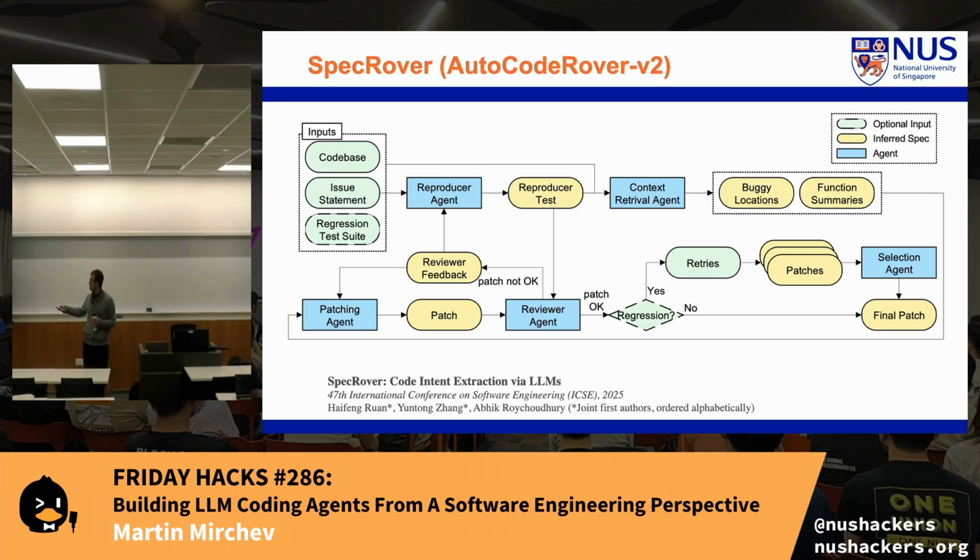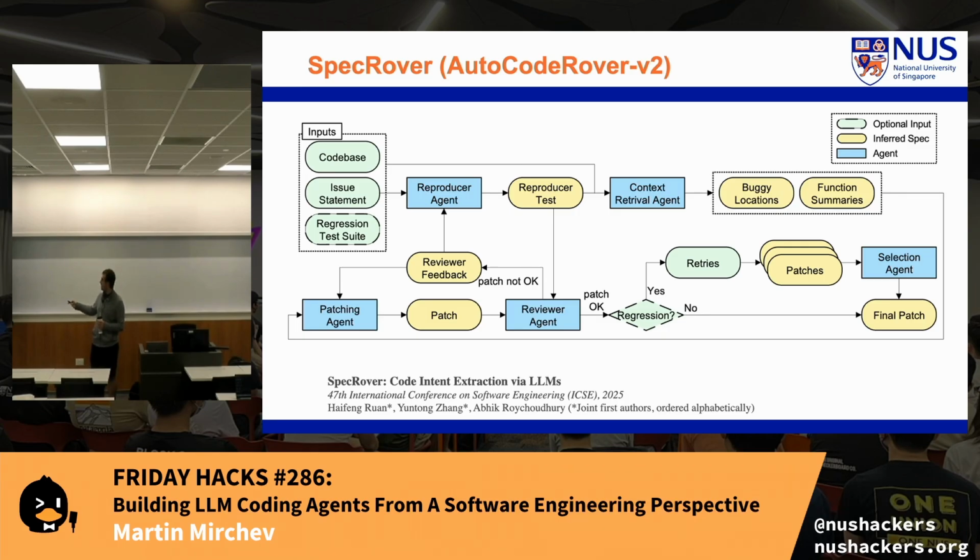Now, having the reproducer agent, we can generate the reproducer test, do our usual context retrieval we talked about earlier. But now we have this addition, which is the function summaries, which is really this intent. So now when the agent is searching the code base, it can always give additional information saying, okay, this is why I gave you this function. I want you to work with it and do a specific action, or like, hey, modify this function, or this function is implicitly called when you do this action Y.